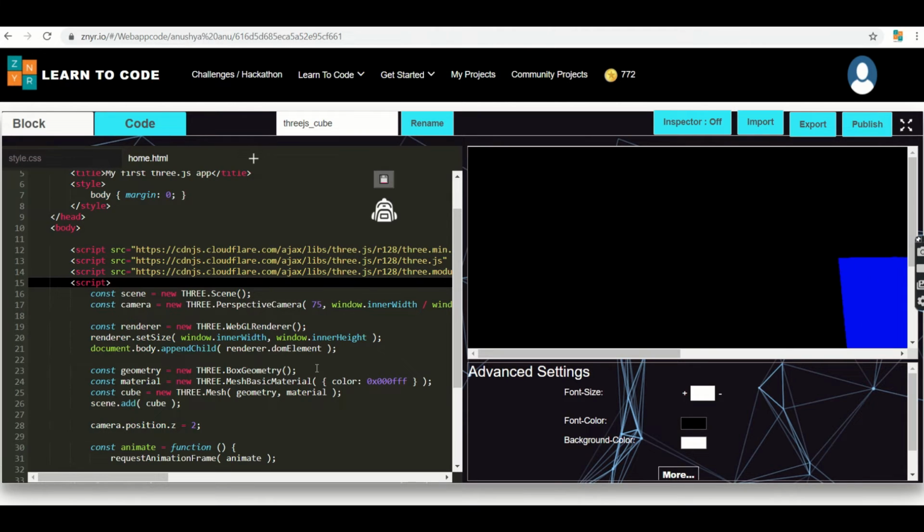Okay, in addition we have also called the renderer's setSize, where we want to render our app. It is a very good idea to use the width and height of the area we want to fill with our app. In this case we have used setSize with values like window.innerWidth and window.innerHeight.